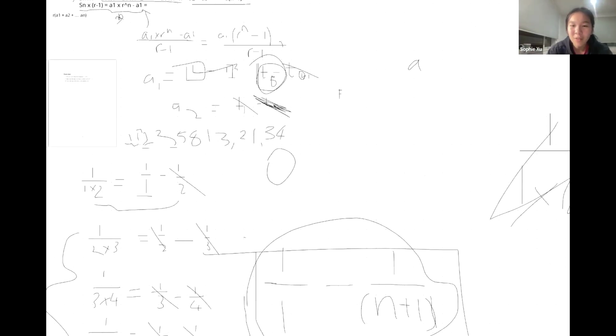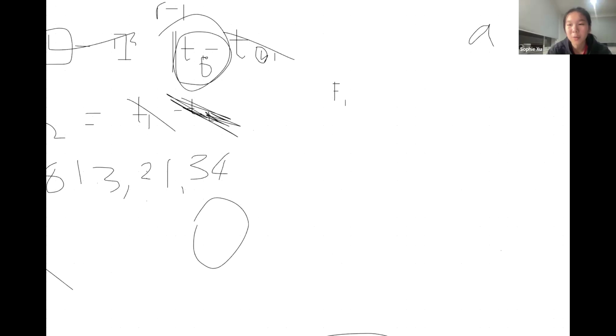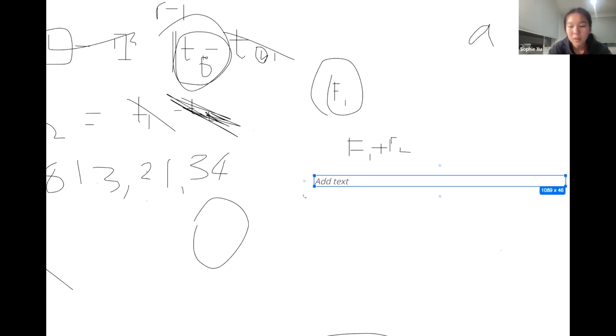We call this the first Fibonacci term, okay? So F1 plus F2, all the way to Fn, is equal to F(n+2) minus 1. That's pretty cool, right? And then there's also a whole bunch of other cool stuff, like